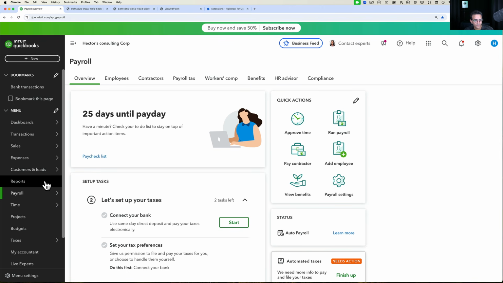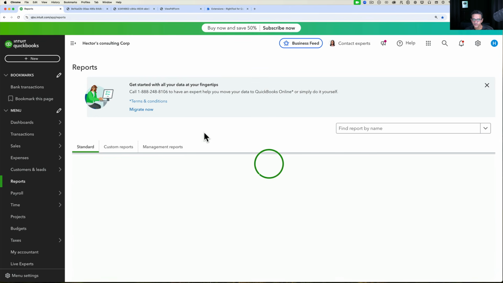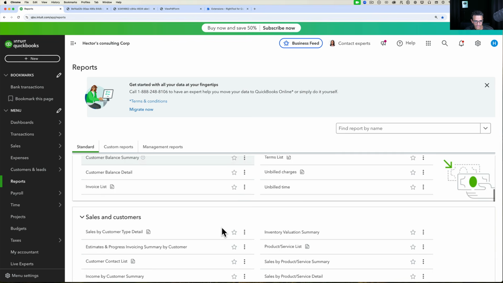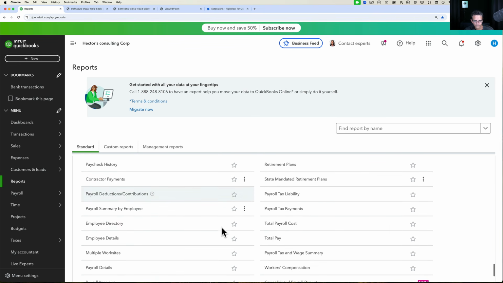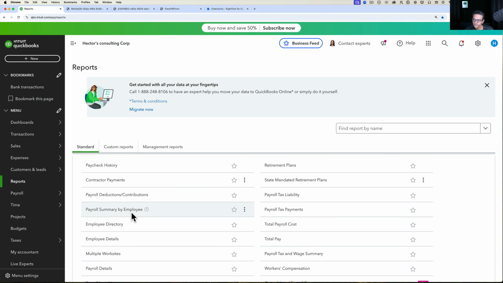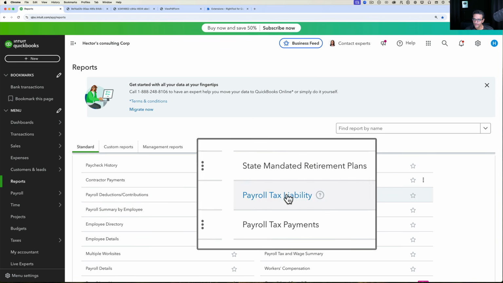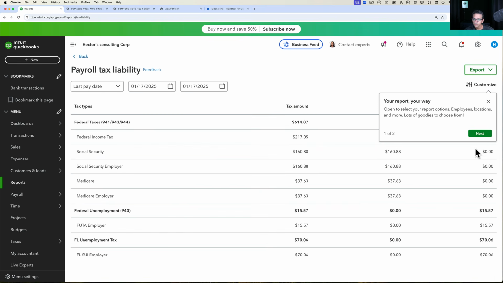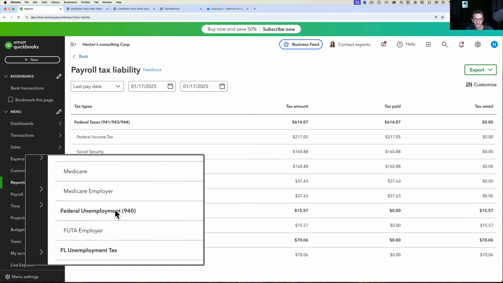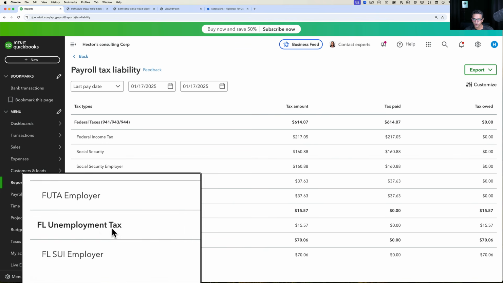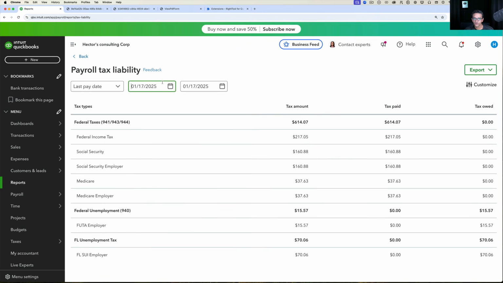I'm going to show you one more thing. I'm going to go into reports. There are a lot of payroll reports that are really interesting. So we're going to scroll down here and go to our payroll. Okay. You have all sorts of awesome reports here. So I've got my payroll liability. If I click on that, it shows me all the money that I owe by form. So this is how much I owe in my 941s, how much I owe in my 940, how much I owe in my Florida, and you can choose the pay date or the pay period that you want to show